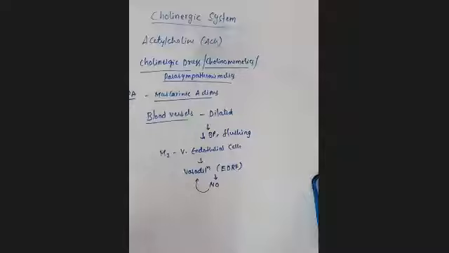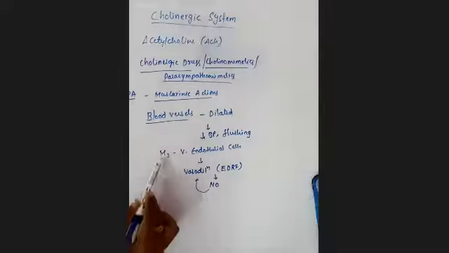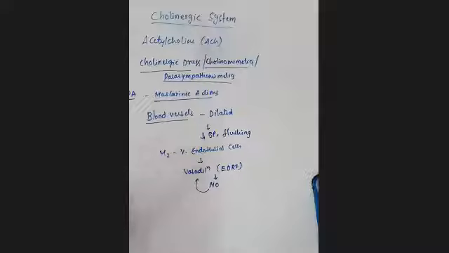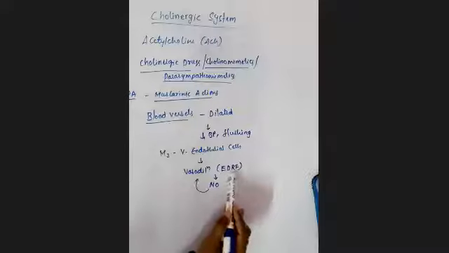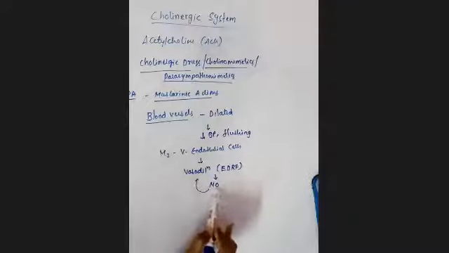Clear? If there is an involvement of M2 receptors, you may observe direct dilation of the blood vessels. But whenever there is an involvement of M3 muscarinic receptors, no doubt there will be vasodilation of the blood vessels, but through this endothelium dependent relaxing factor. This factor releases nitric oxide, which causes this vasodilation. Clear? And one more thing is